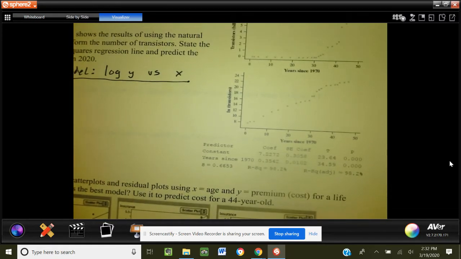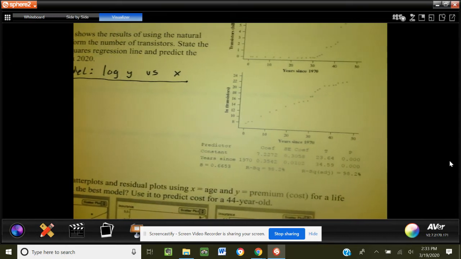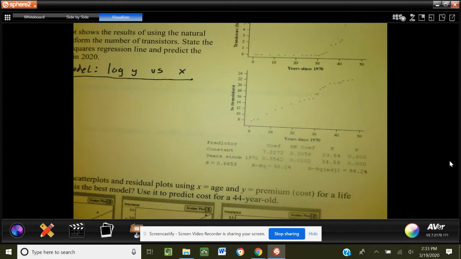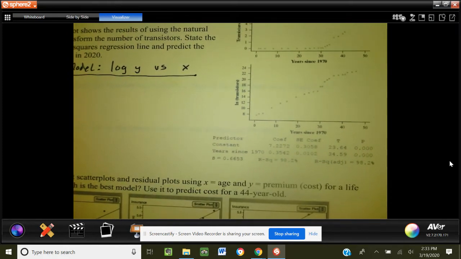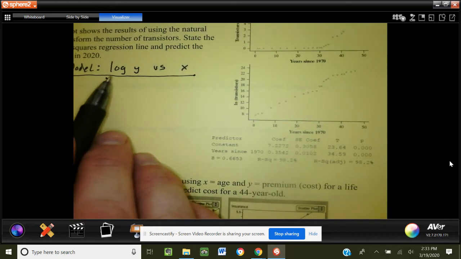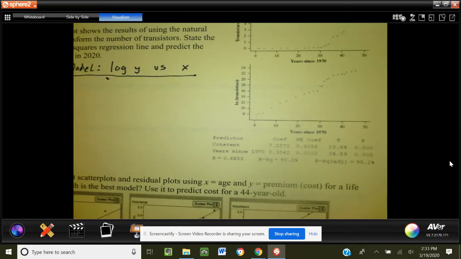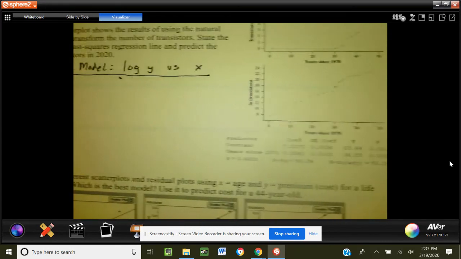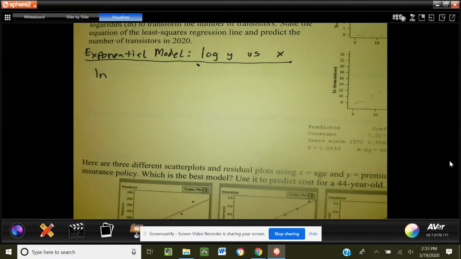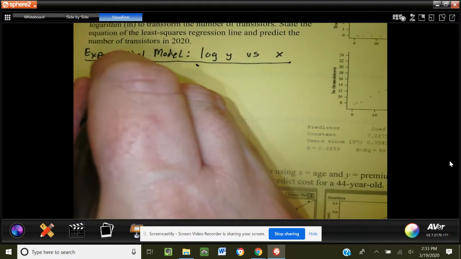So how would we make a prediction? Here we want to predict the number of transistors on a microprocessor in the year 2020. Hey, that's this year, isn't it? So we use our data to write our LSRL. But with the y, it's the log of y. This time I'm going to use ln. Again, ln and log are pretty much interchangeable here. I'm going to use ln this time. Let me move this over. So ln of the predicted number of transistors